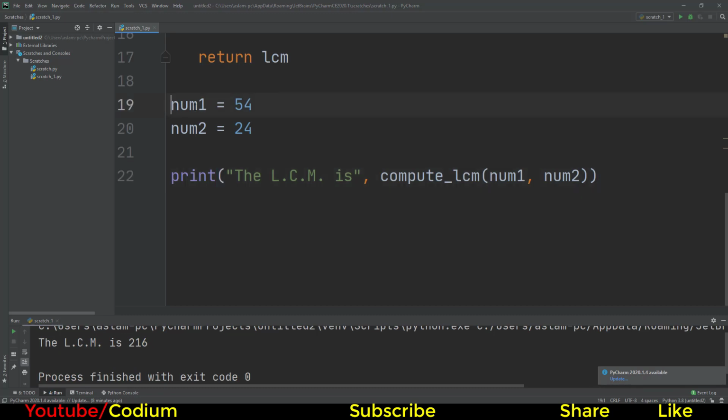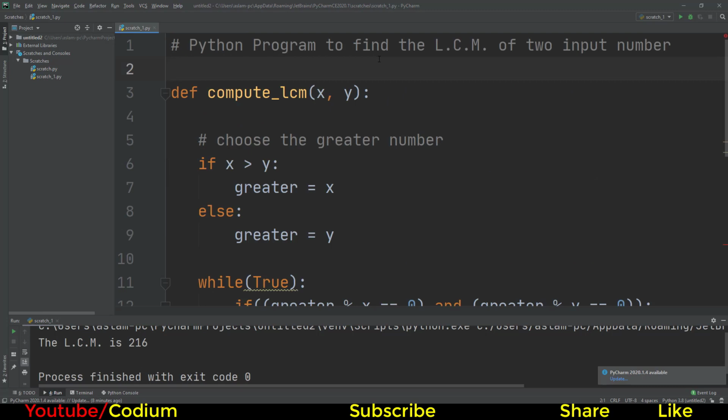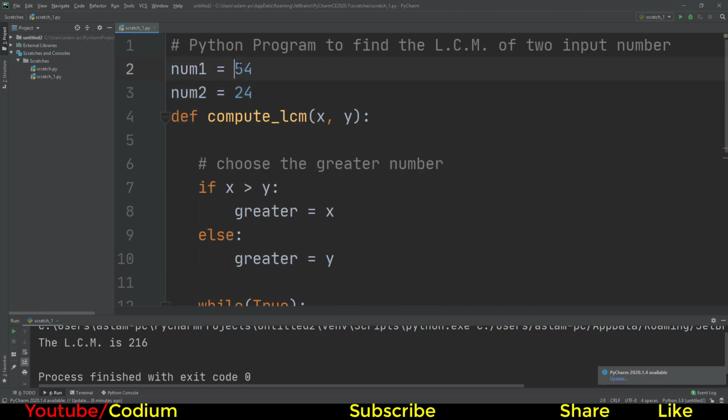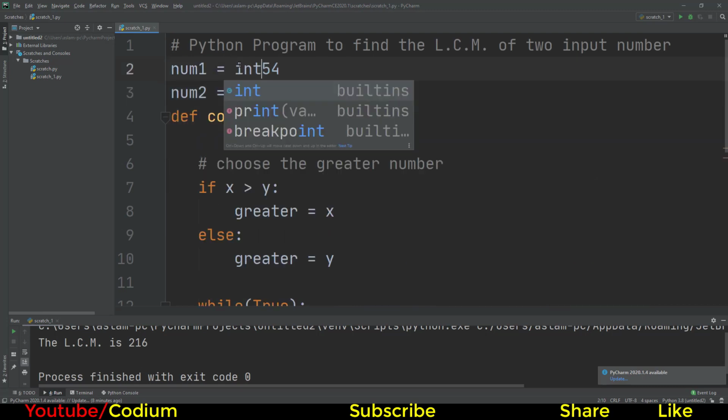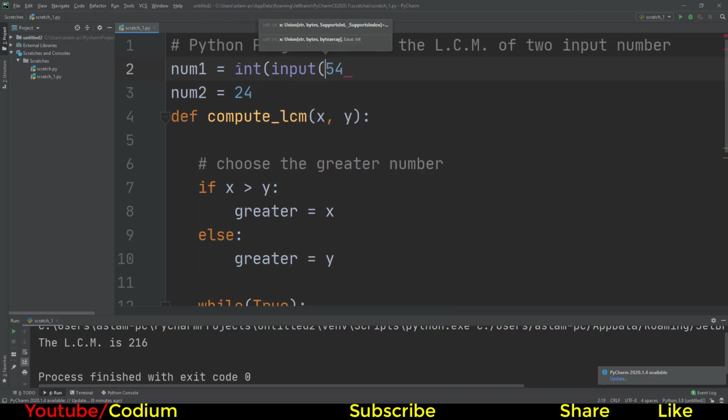You can cut these values if you want to take input from the user. So we use an integer value, because we're talking about numbers, with input, 'Enter first number'. Sorry, we have to write this string in single quotes or double quotes.